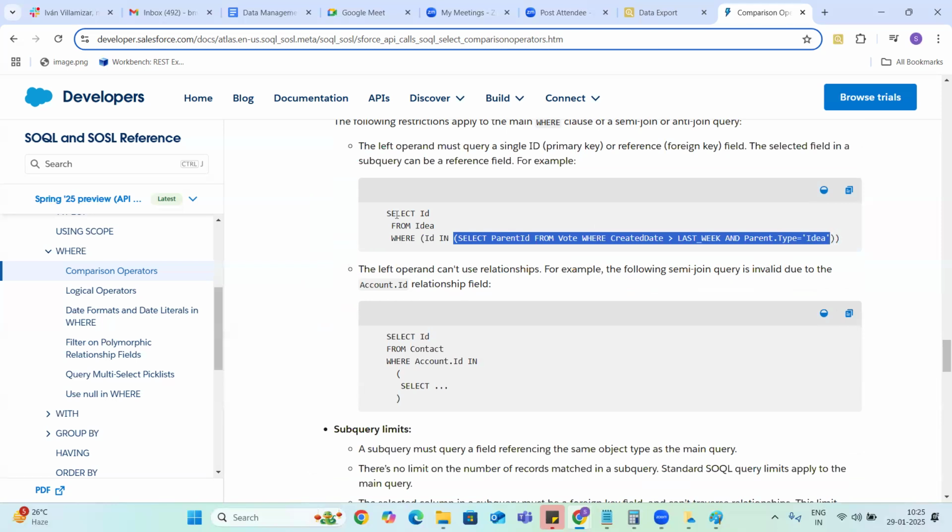We want to compare the ID value with a particular list, and instead of hard coding that list or that value, we are getting that value from another query. That we can call a join. We can call it a subquery, join, outer query, everything is the same, guys.